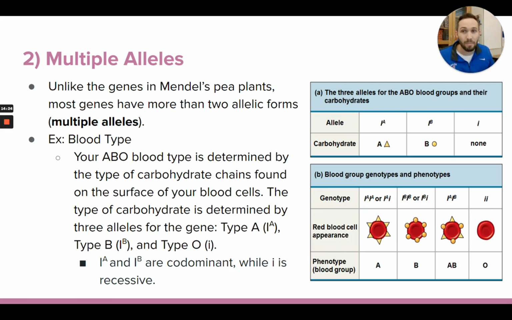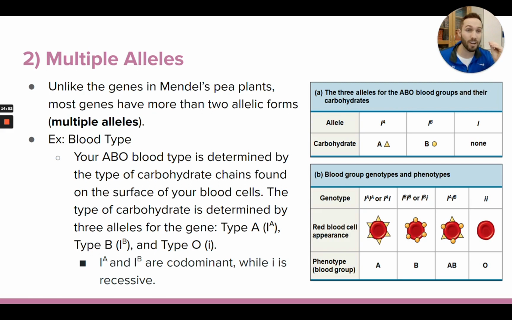And so blood type is a good example of multiple alleles. You guys have an ABO blood type, which is whether you have type A blood, type B blood, or you could have type AB blood, or you could have type O blood. Those are the 4 different ABO blood types. You have one of these. And then you either have positive or negative for your blood type, but that's a different gene. But right now we're just looking at your letter blood type, if it's A, B, or O.